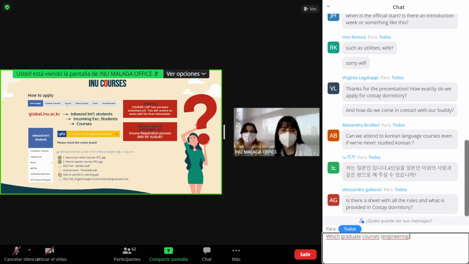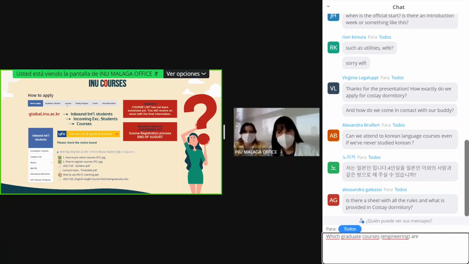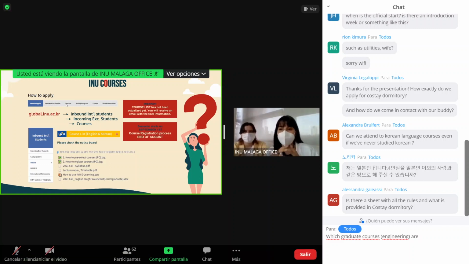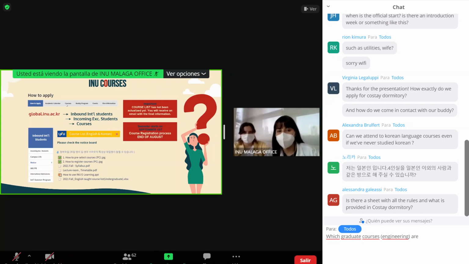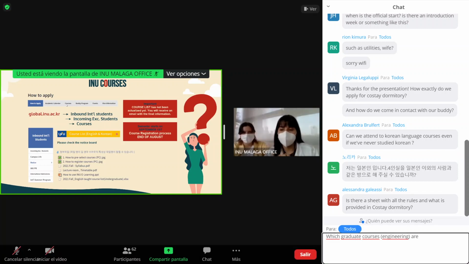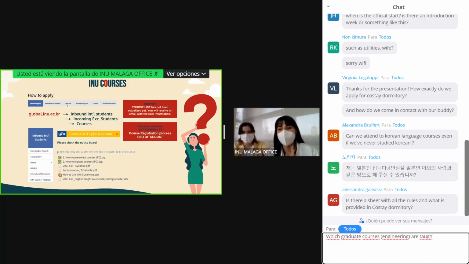Will our buddy stay in the same room as us? No, the buddy is just a student. You might have the chance that they stay at the same dormitory as you, or maybe they live with their parents. They can live wherever they please. You need to keep close contact with them, usually through Kakao, but they won't be living in the same room as you.